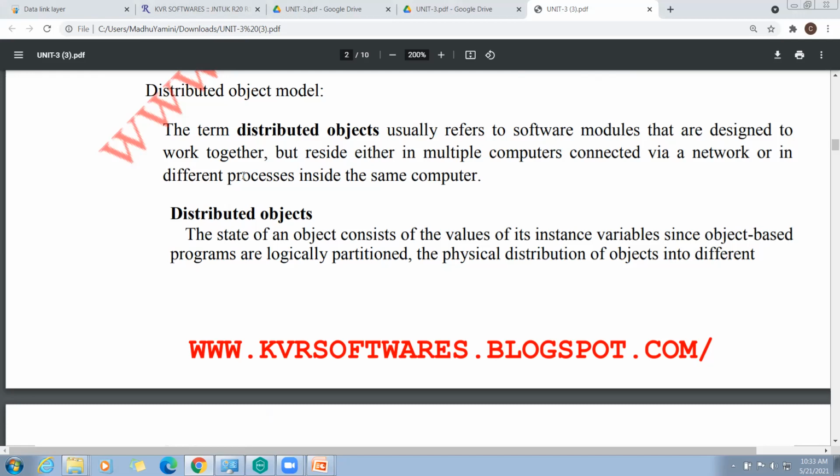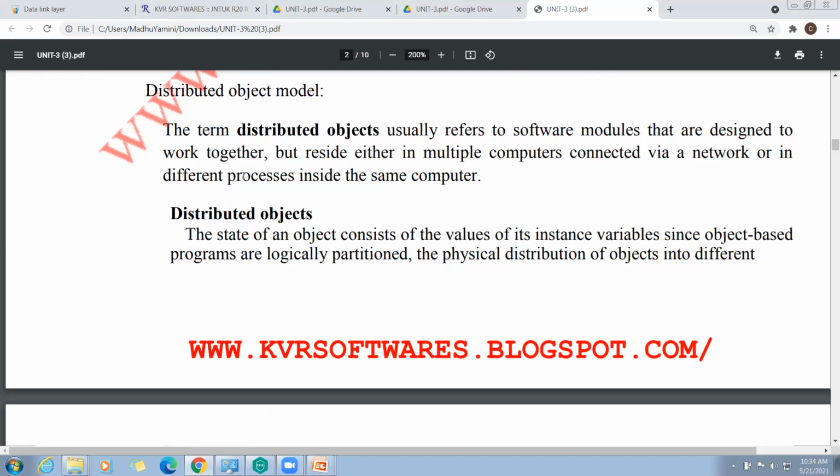So distributed objects are not only in different computers, even in the same computer, but in two different processes running on the same machine. Next, the state of this distributed object consists of the values of its instance variables.